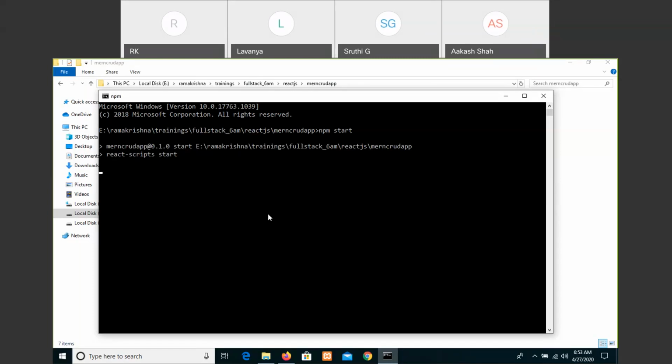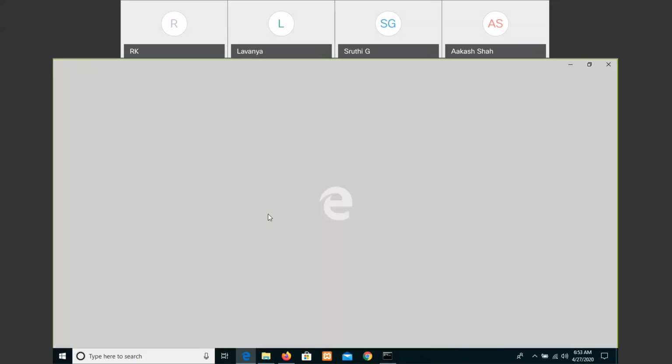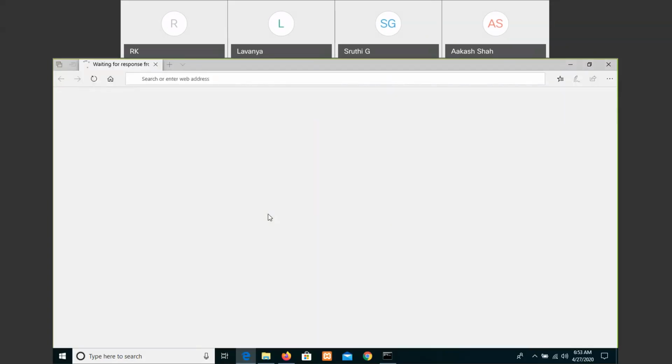Body parser takes the data from the input elements and gives output from the database, also connectivity. Morgan is a logger: whatever action you are doing, it shows the status of the application at the console tab.